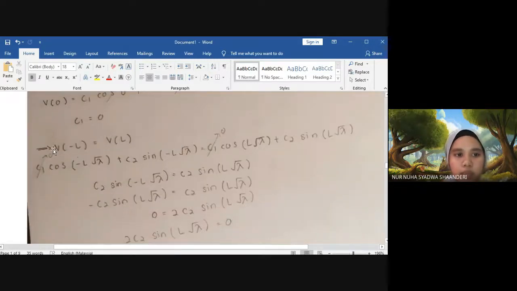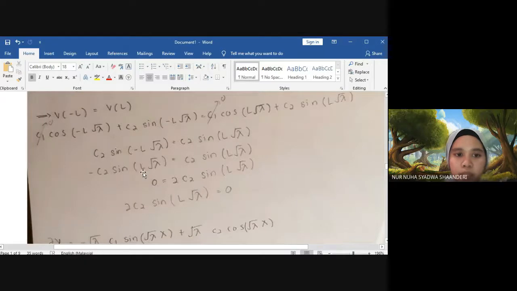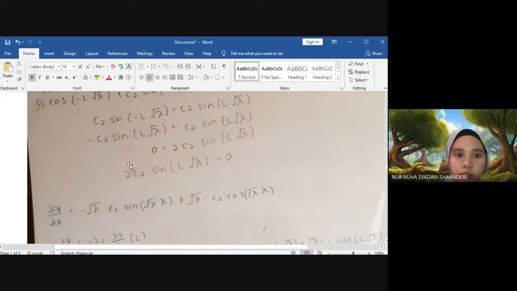And next one is V negative L equals to V L. So we substitute the x on the left-hand side of the equation with negative L, and we substitute x on the right-hand side of the equation with L. So we know that C1 equals to 0, and we solve this, we get 2 C2 sine L square root of